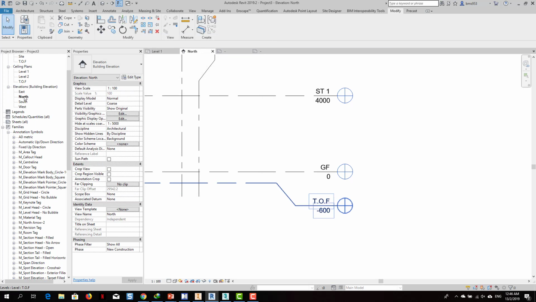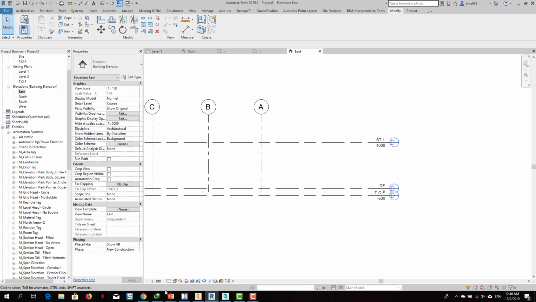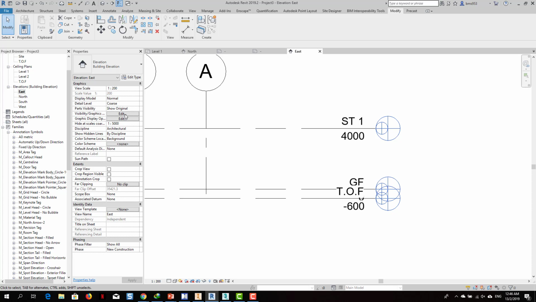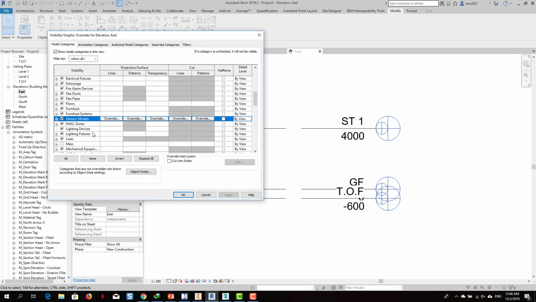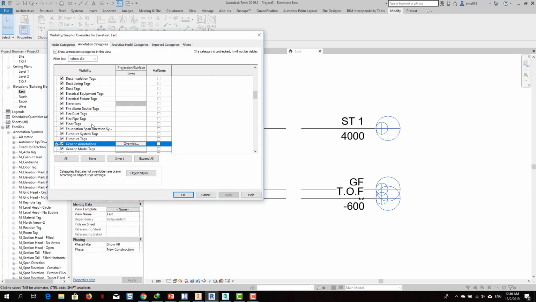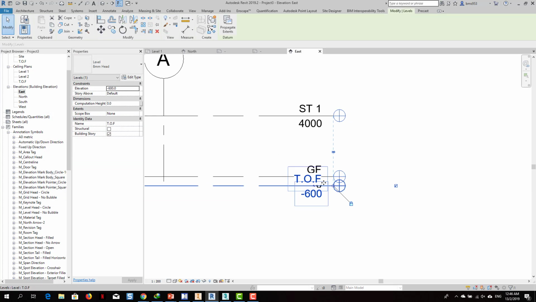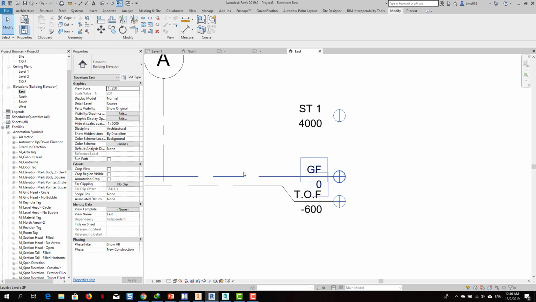If you have another view which is east, for example, and you are presenting this at 1 to 200, you can say for this one just 200 should be on and 100 should be off. As you can see, it's more reasonable than before and it's more manageable than before, but